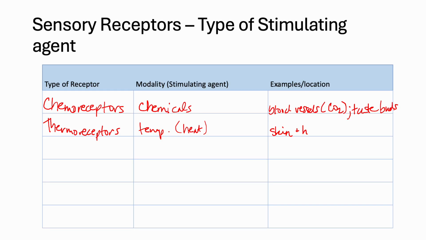And so we learned that our hypothalamus, let me just write this down, is detecting and regulating changes in our body temperature so that we can maintain our homeostasis. Okay, then we have